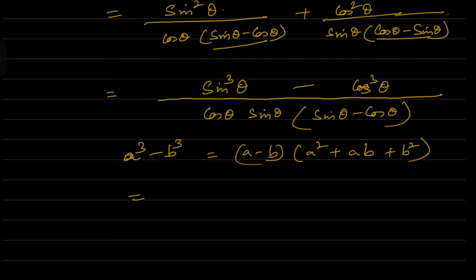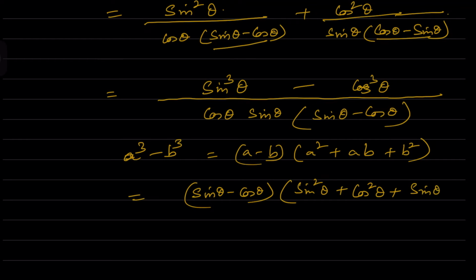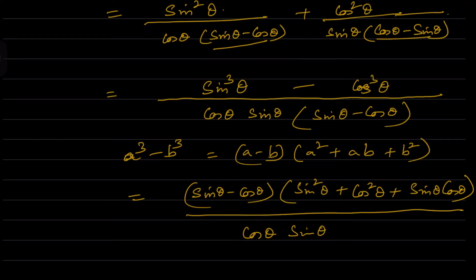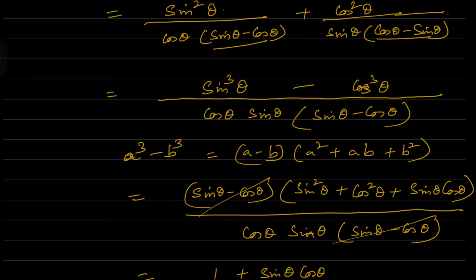Sin cube minus cos cube is written as sin theta minus cos theta into sin square theta plus cos square theta plus sin theta into cos theta divided by cos theta into sin theta into sin theta minus cos theta. So I can cut off this. So therefore you are having here 1 plus sin theta cos theta divided by